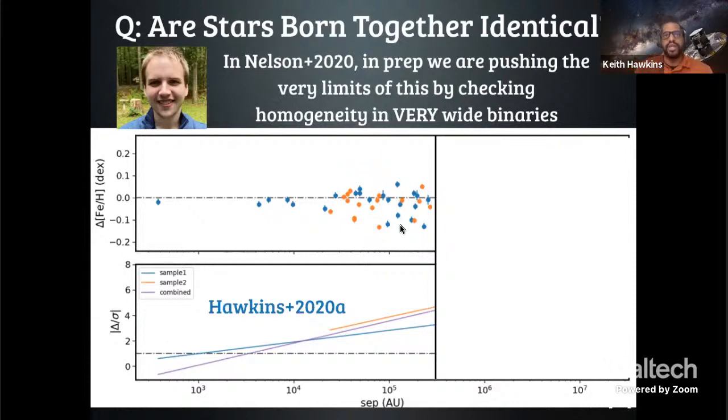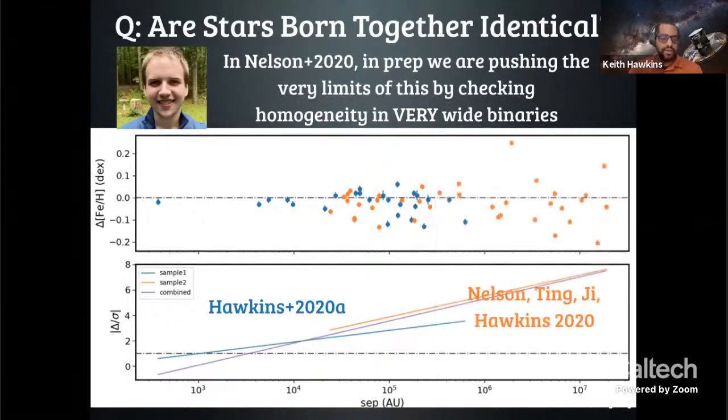And Tyler has actually expanded that work to go into wide binaries that are separated by 10 to the 6, 10 to the 7 AU, which now you're starting to talk about parsec level. So these aren't really wide binaries so much as they are co-moving stars. And it turns out that somewhere right around a few parsecs, you start to see quite a large rise in